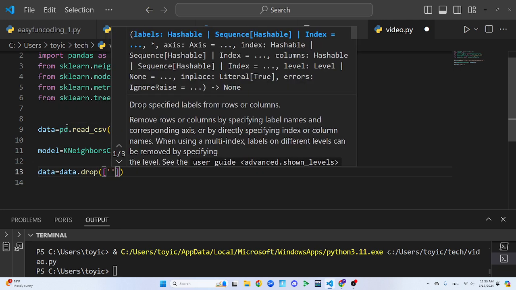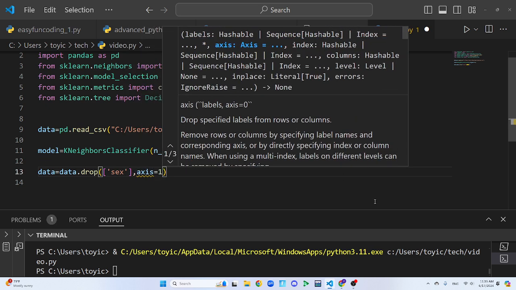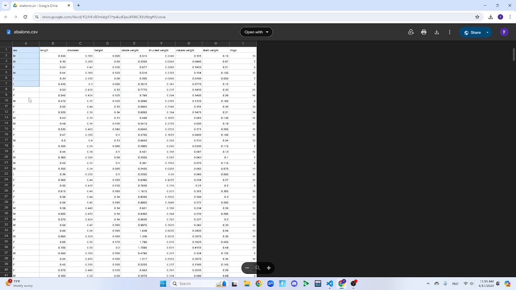I'm pretty sure it's x, and axis equal to 1. Basically just dropping this column, because first of all, it doesn't really matter that much. Second of all, this only takes in numbers as their input,